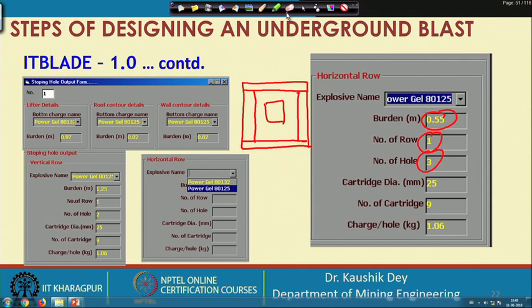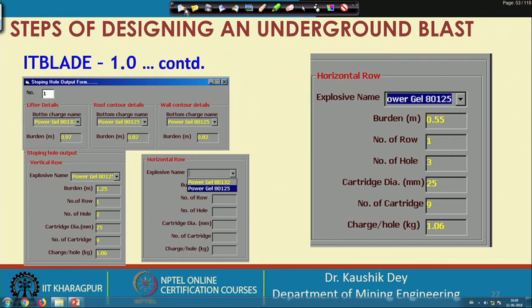As we are having only one vertical row, we can consider our cut area is like this. And there are 2 holes, these are the vertical holes for stopping holes, and there is only 1 horizontal row of holes available in this condition.